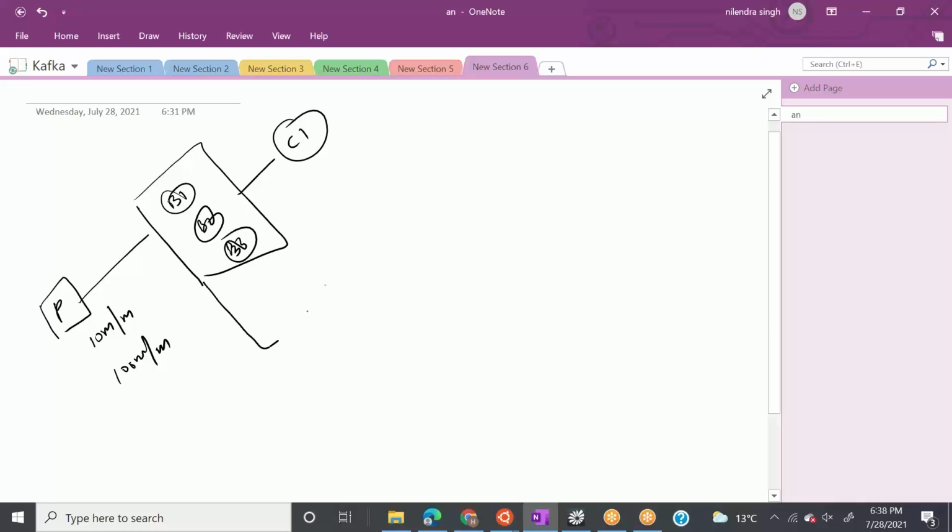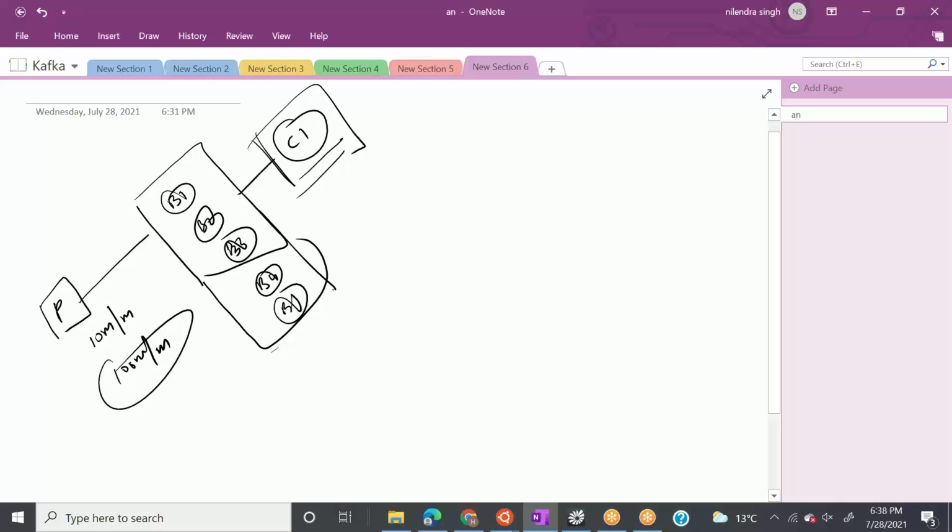And as I told you, we can increase more brokers to consume these messages. But wouldn't this be a bottleneck then? Obviously, we can increase the processing power of our broker or Kafka cluster, but what about the consumer? So you don't need to worry.